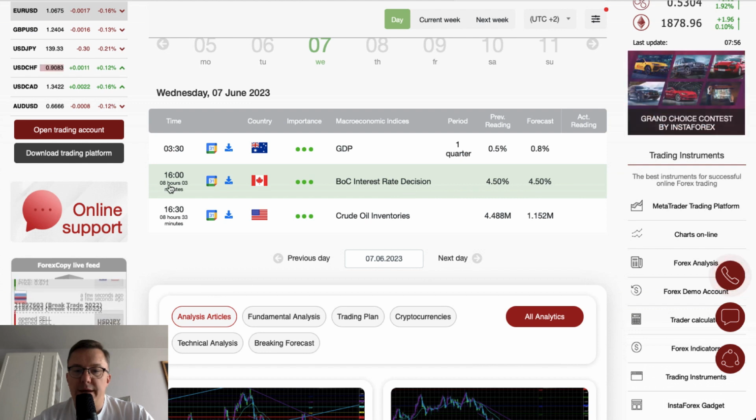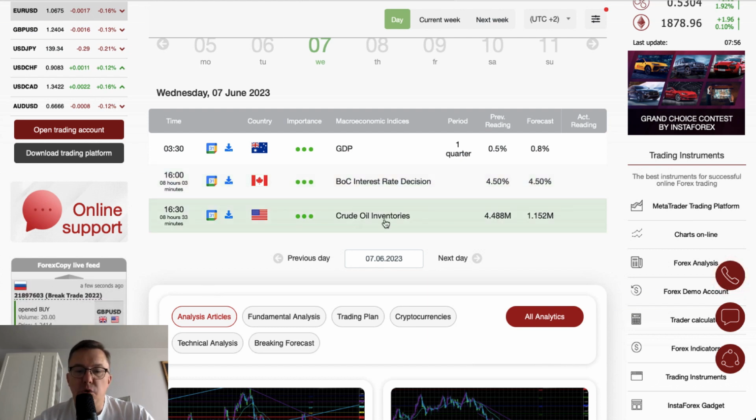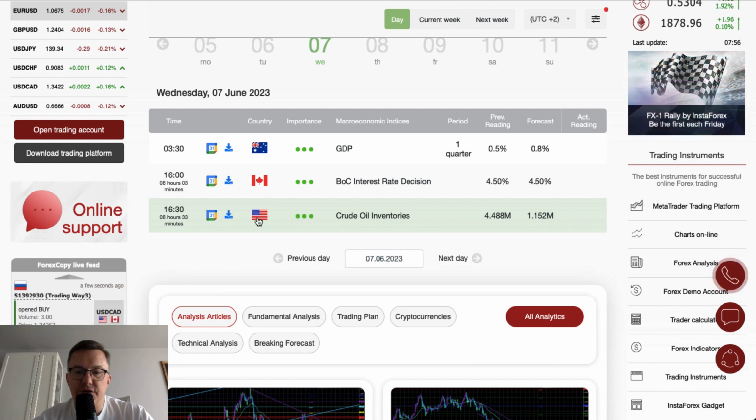at 4 p.m. The previous interest rate was 4.5%, and the market participants expect the rate to stay on the very same level of 4.5%. 30 minutes later, crude oil inventories from the US are scheduled for release, and this time the forecast is